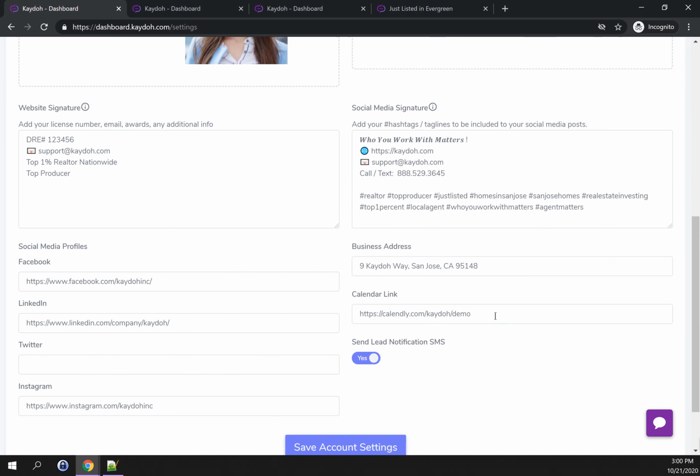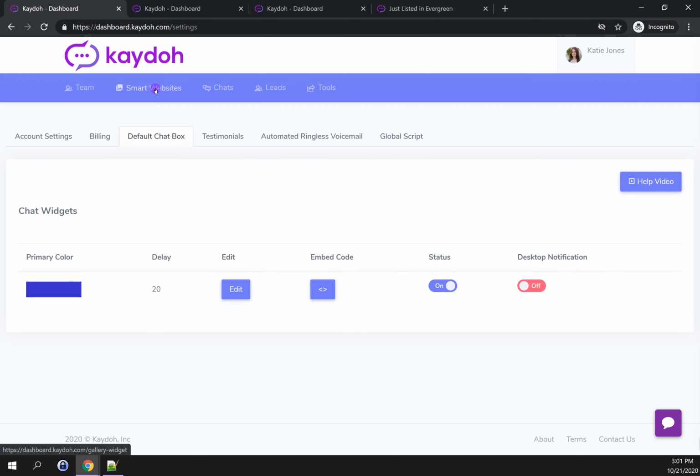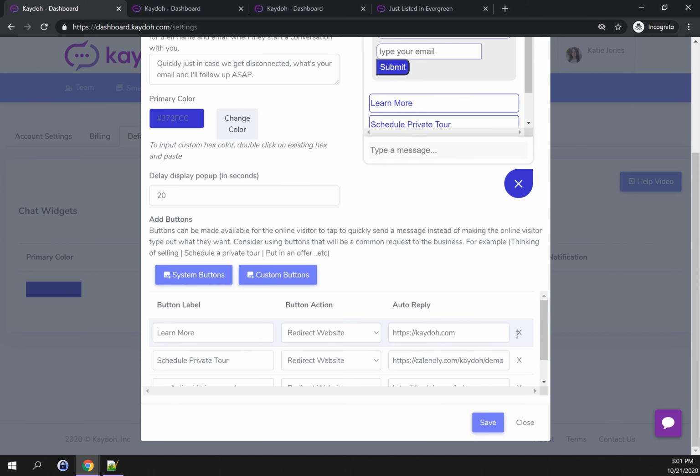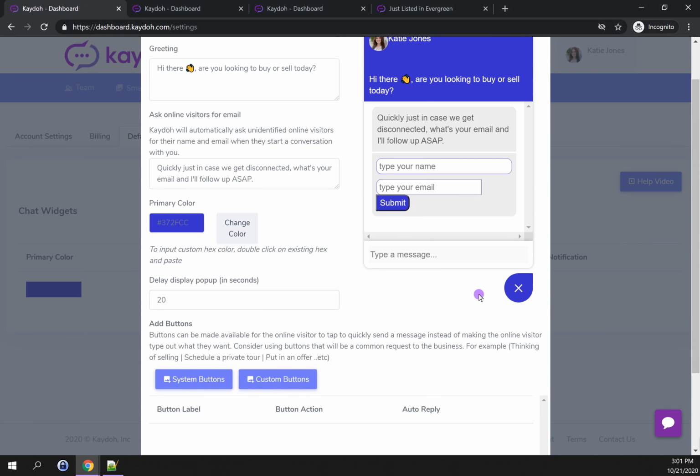Now, on top of these changes, we also have in the account settings an area where you can include your Calendly link. This is great because now Kaydoh can take advantage of this link of yours and embed that in live chat buttons. So if you go over to the default chat box tab and do an edit, I'm going to go ahead and erase all of my buttons I've made here